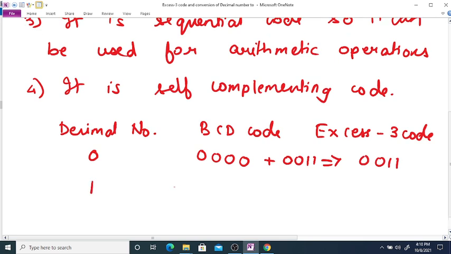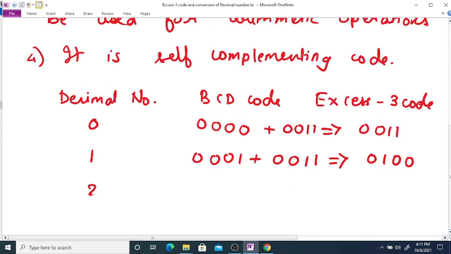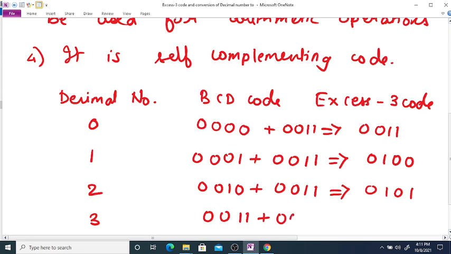Similarly, for 1 we will have 0001, we will add binary 3 or BCD 3 to it, so we will get 0100. For 2, 0010 plus 0011, we will get 0101. 3, 0011 plus 0011, we will get 0110.